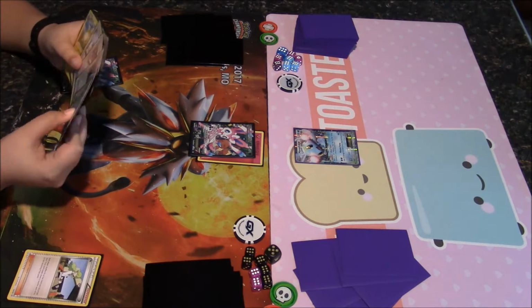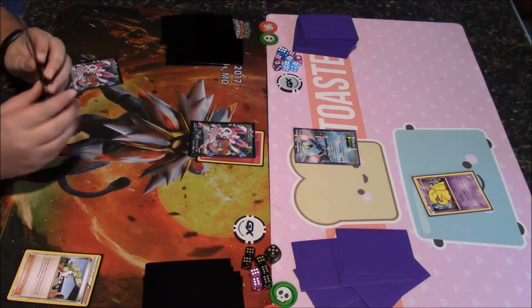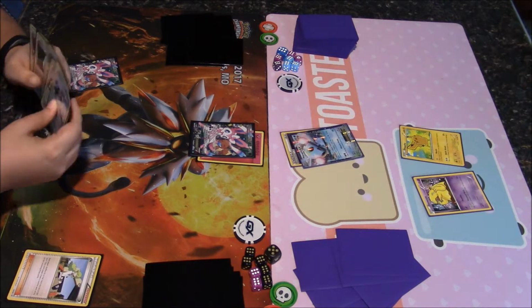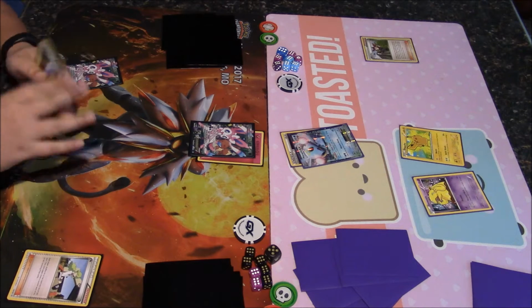It looks like I'm gonna be taking the first turn. I'm running a Sylveon deck. My sister's running a Snorlax Hypno deck, Snorlax Raichu to be more specific. All I do is attach an energy. She attaches a double colorless energy to the Manaphy and the active. Not a good start